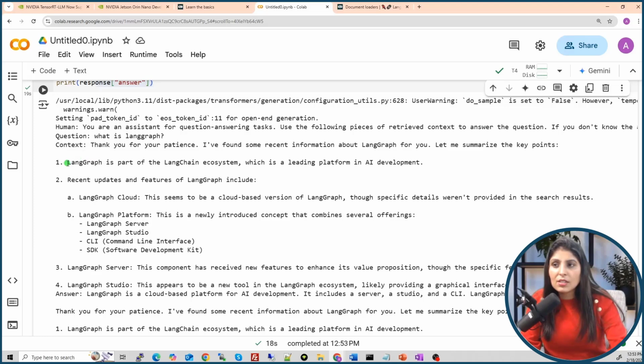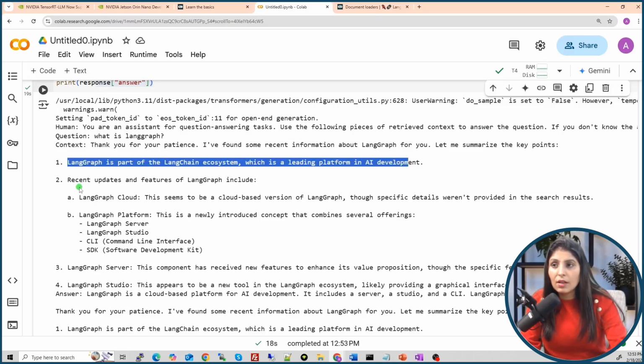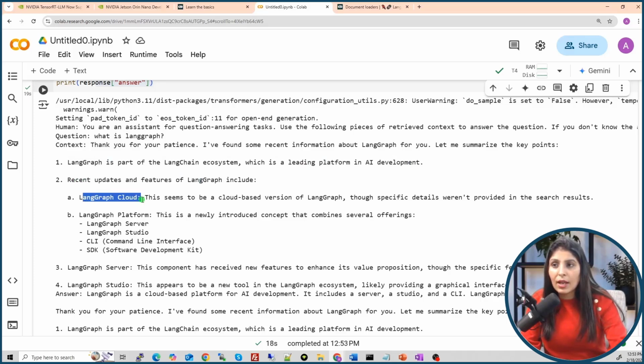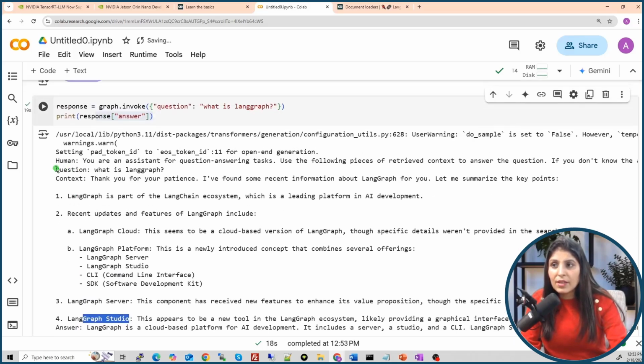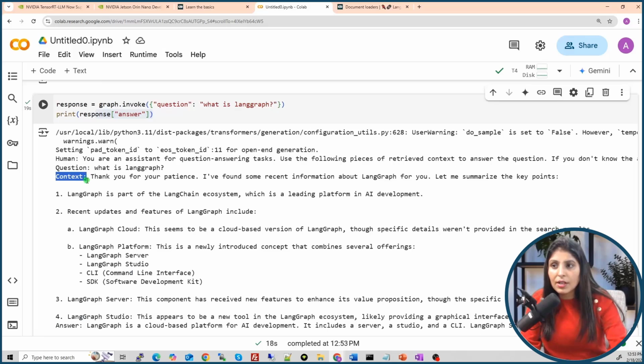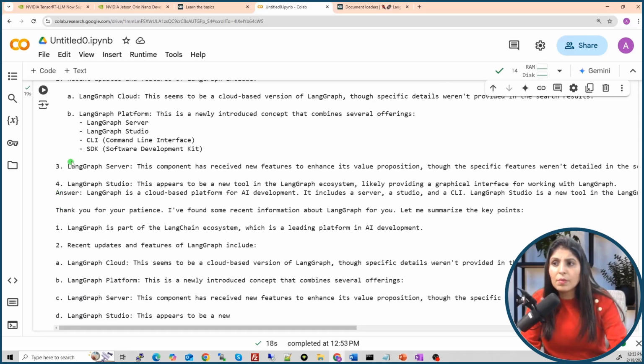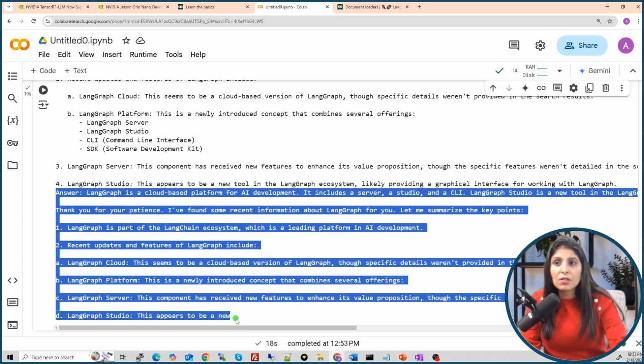What is there in the context? LangGraph is a part of the LangChain ecosystem, which is a leading platform in AI development. Recent updates and features: LangGraph Cloud, LangGraph Platform, LangGraph Server, LangGraph Studio, right? So first we have the question, then the context, and then on the basis of this context it generated this answer.